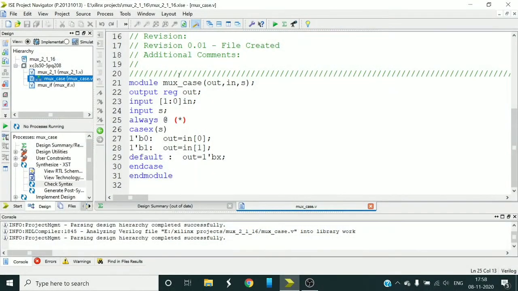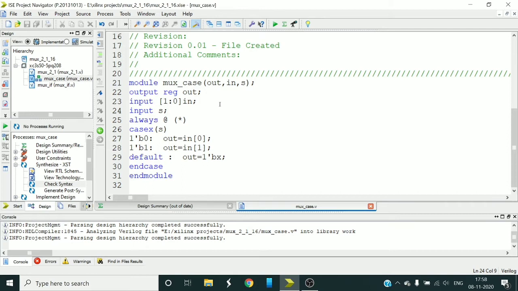In this video, I am going to explain how to write Verilog code for a 2 to 1 multiplexer using a case statement. I presume that you know the functionality and working of a 2 to 1 multiplexer. If not, please watch tutorial number 17, where I explain it in detail. In tutorial 17, we also realized the same 2 to 1 multiplexer using the data flow level of abstraction, that is, using the ternary operator. Now let's do the same using a case statement.